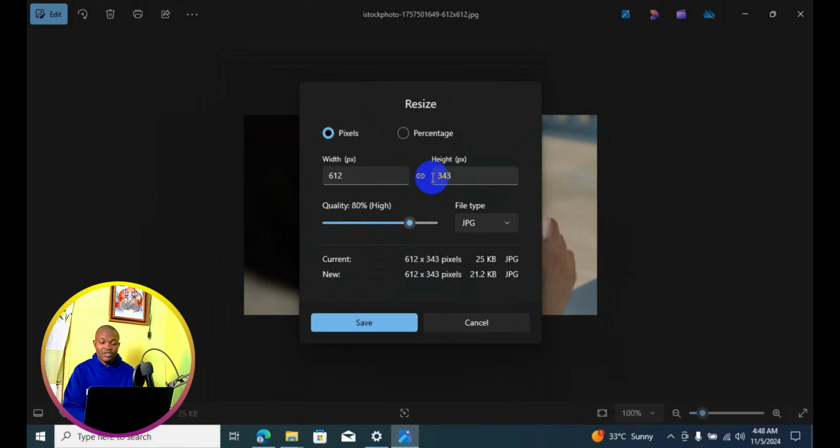Now right here, this is where you need to enter a figure. For instance, I want to change this to 500 by 200. Then I'm going to increase the resolution to something like 100%, and then you have the detail just like so. Next thing I'm going to do is simply click on save,